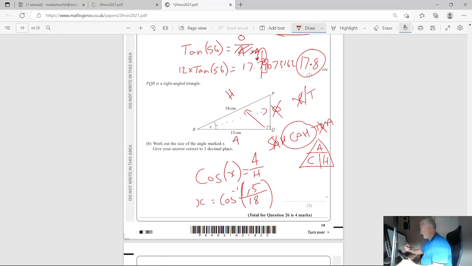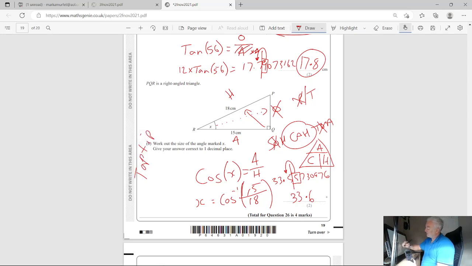And that's going to give me 33.55730.976. Again, I want it to one decimal place. Again, they want me to round it up. So 33.6 degrees. Now, what I will say here,